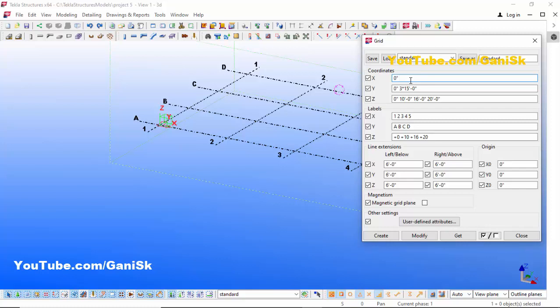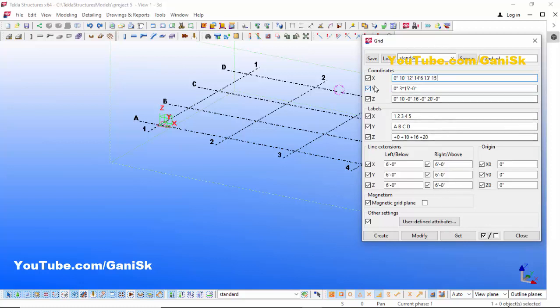Let's take 10 feet and give space, and third grid let's take 12 feet and give space, and fourth grid let's take 14 feet 6 inch and give space, and fifth grid let's take here 13 feet and give space, and sixth grid we're going to take here 15 feet.